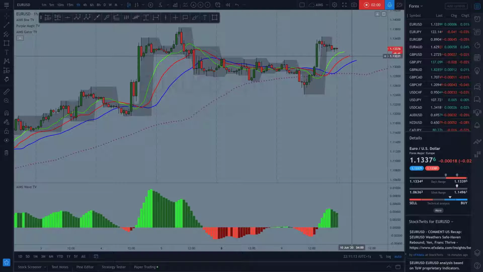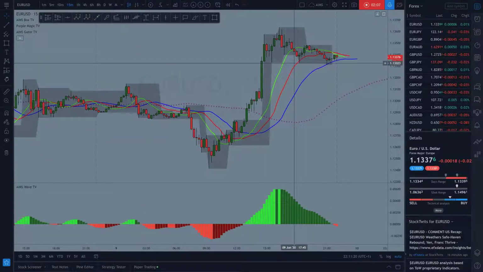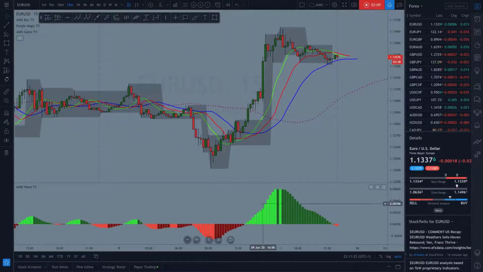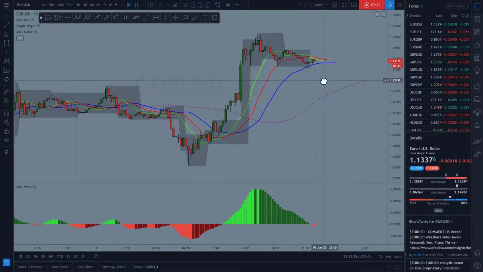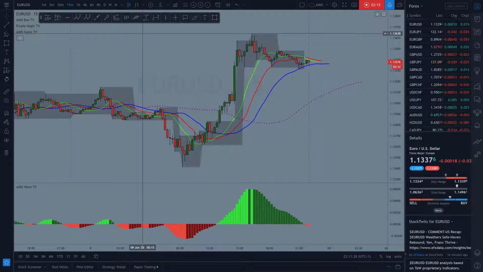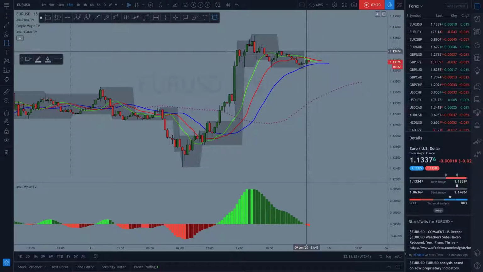As you can see, Gator is open, purple is below it. You have a new peak in dark tones, and I'm going to take you to the M15 chart. On the M15 chart, what you see is a 3 up, 4 down, and price is going sideways. Now, because this is Euro USD, we'll be looking to take a trade not at the Asian session like I did in my Australian dollar yen signal that I did earlier today. I'm probably going to put a link in the description. If it stays like so